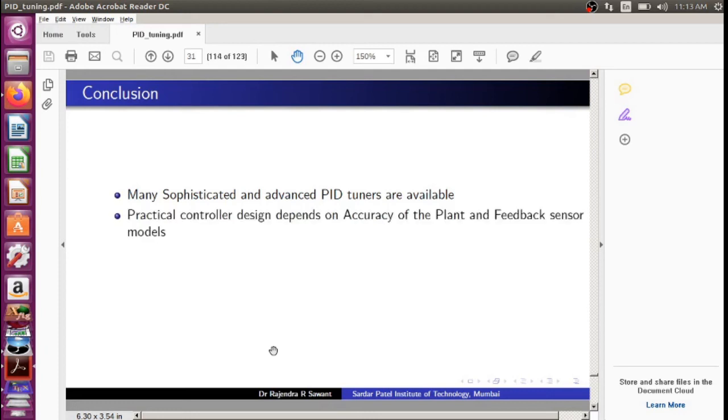Practical controller design depends on the accuracy of the plant and feedback sensor models. It is also very important that the sensor is actually giving you feedback. The accuracy of the controller design depends on how accurately you model and analyze the plant, which is a practical plant and may be different from a theoretical plant.